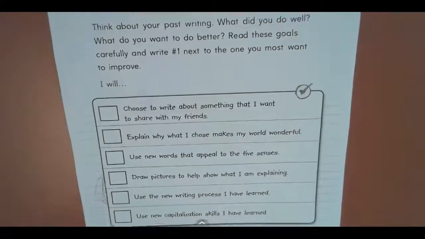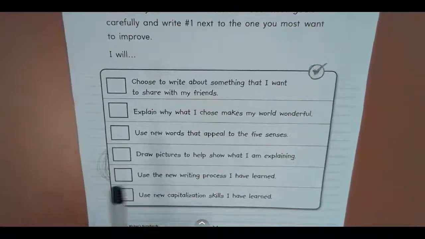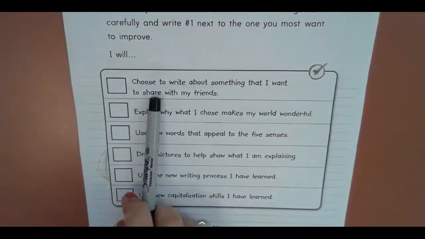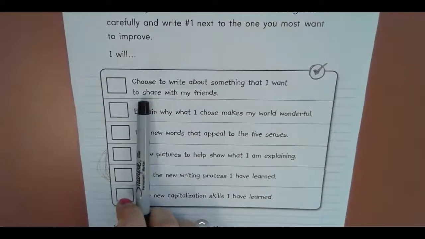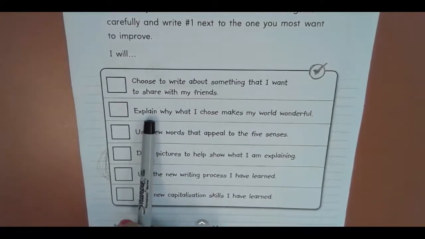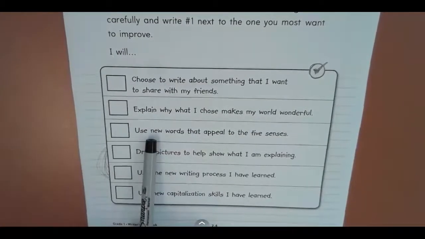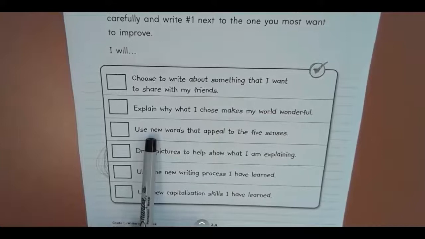So here are some choices that you have, okay? So you can choose to write about something that I want to share with my friends, explain why what I chose makes my world wonderful, use new words that appeal to the 5 senses.